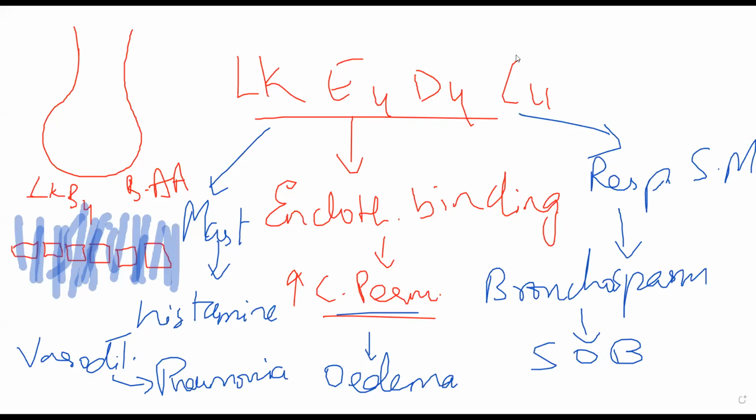See, the person was already not able to breathe properly because of this pneumonia and edema. On top of that, if you add bronchospasm, the patient will not be able to breathe at all. Okay. Now, did you understand up to here what is happening? So up to here, edema is accumulating and the patient is not